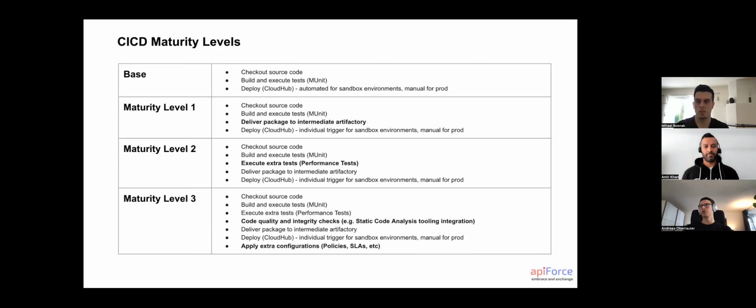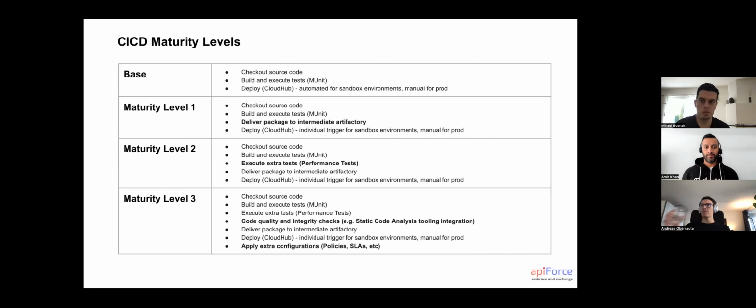There may be a question to you guys. What do you think about this kind of maturity model? Have you seen this as well on one of the projects? I personally have not seen a maturity model framework, but